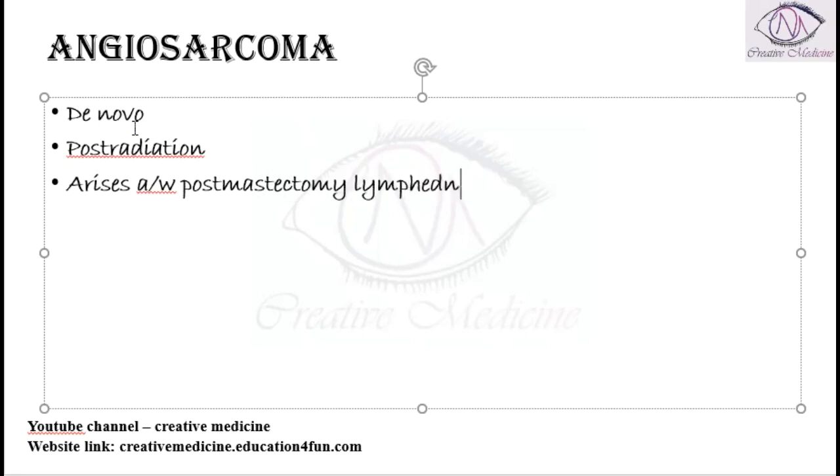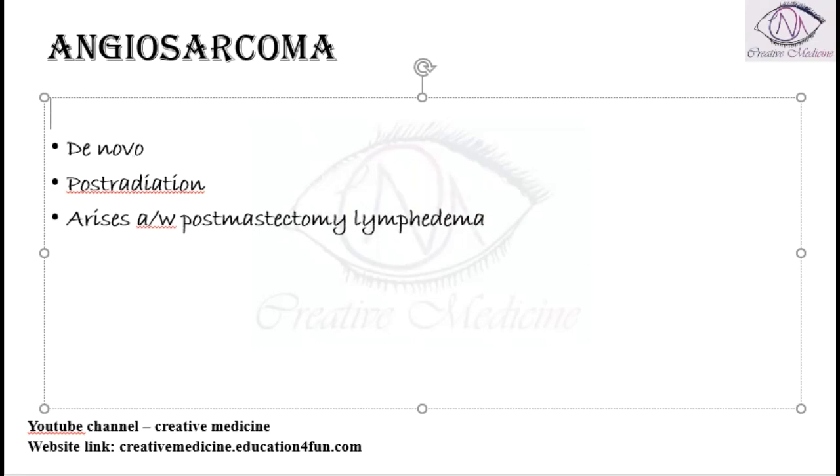One, it can arise de novo, that is on its own, or it can arise after radiation, or it can arise after post mastectomy lymphedema. So these are three ways of origin of angiosarcoma. Then, according to Stewart and Treves, they described angiosarcoma as